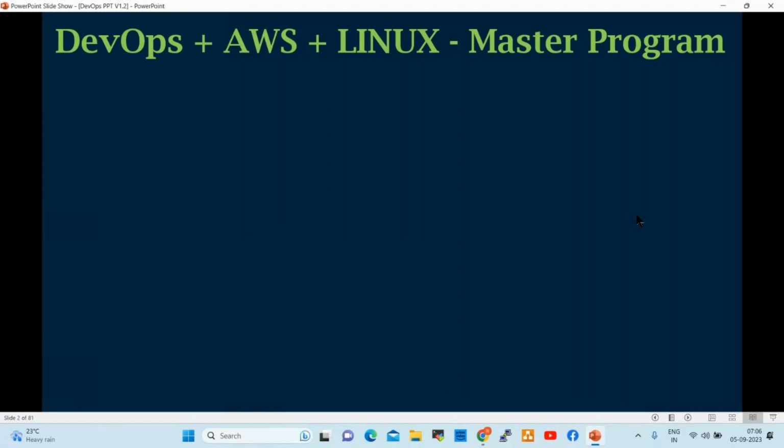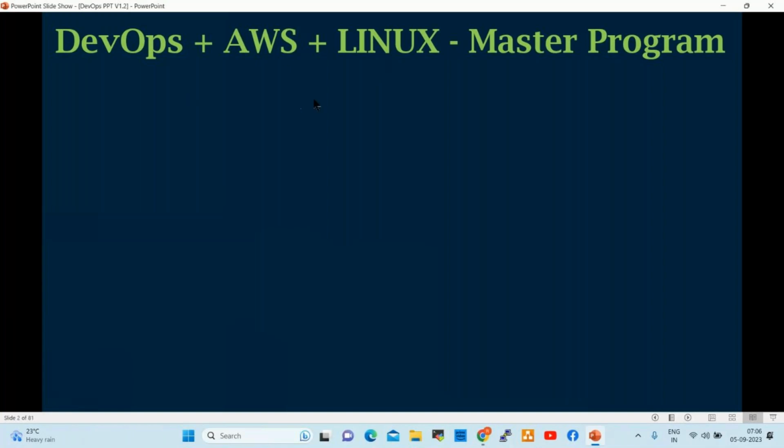In DevOps and cloud we need to execute some commands and work on some Linux environments. That is why we have Linux also. It is a master program, not basic level. It's a core level.